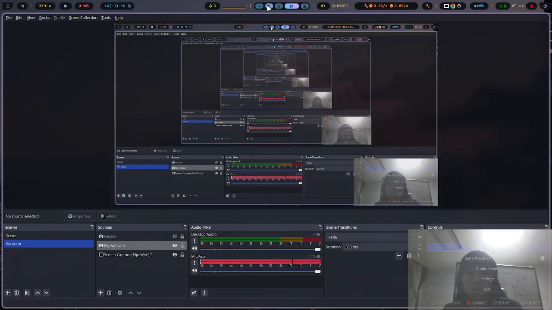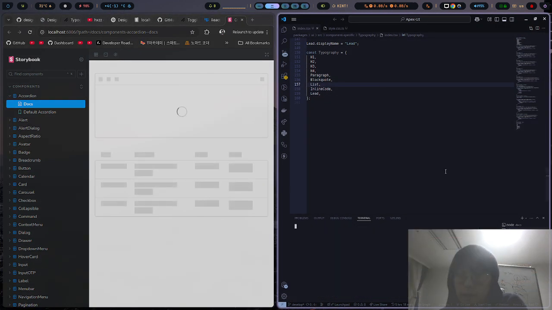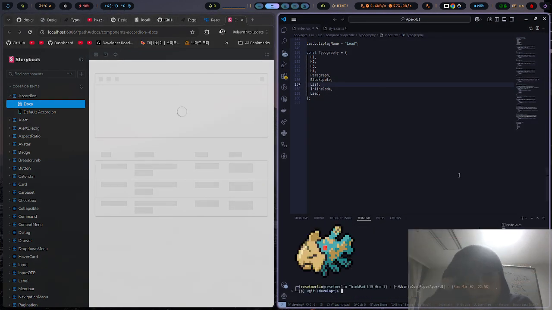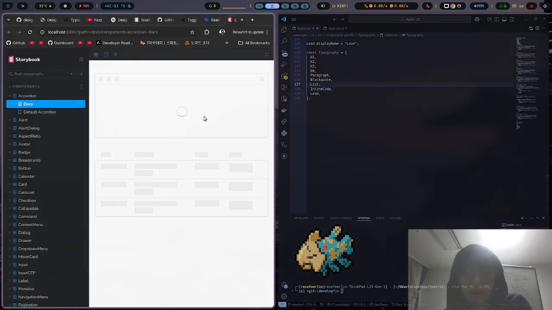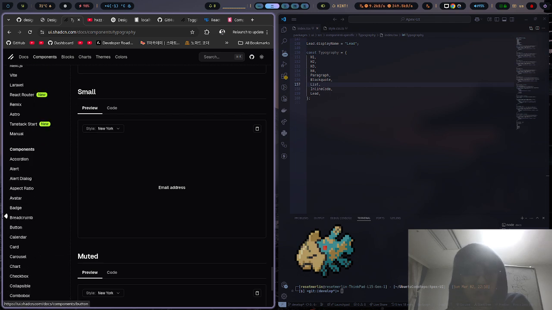Hi, today I'm just gonna talk about what I learned today. As you know, I'm implementing my own design system. But the thing is that I'm not a designer, so I'm just copying the existing UI library into my own. For example, Shadcn is a really good UI library, but there is a really huge dependency on Tailwind